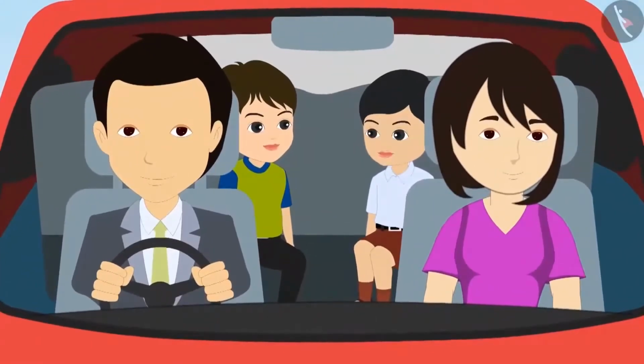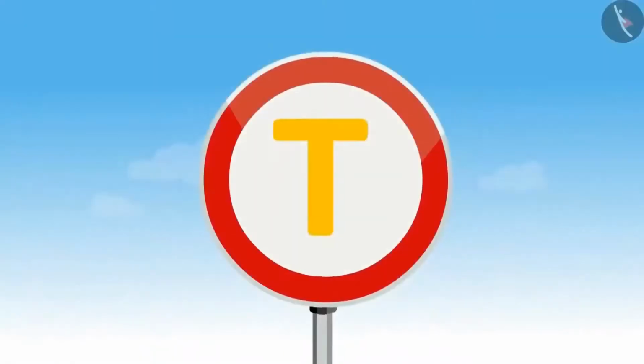Bholu, I am getting bored sitting in the car. Come, let us play something. Dholu, why not play a game of find the angle? Okay, Bholu, look at that sign. It has one angle which is a right angle. Yes, Dholu, you are right. But if you look carefully, there are 2 right angles here, not 1.